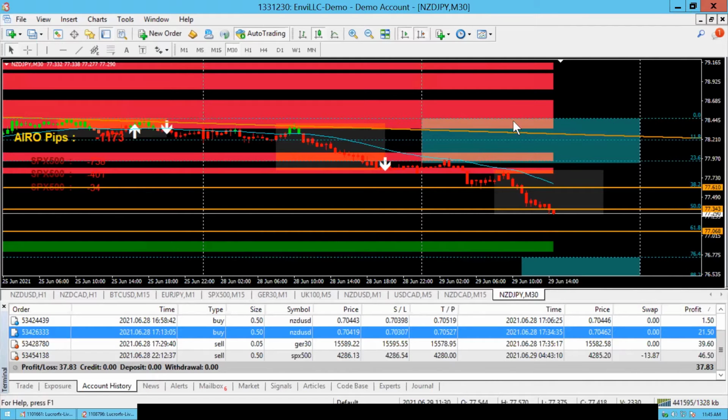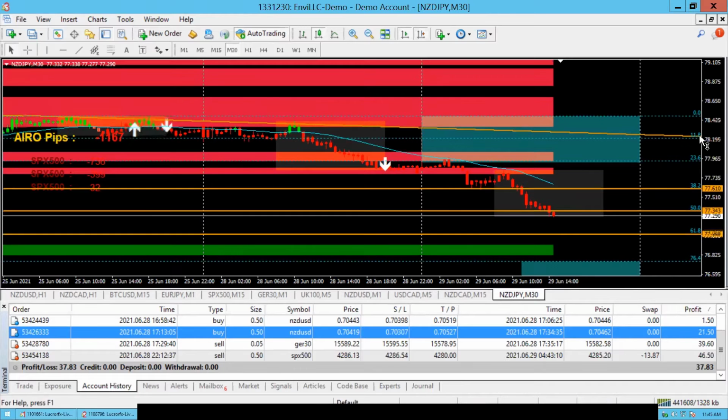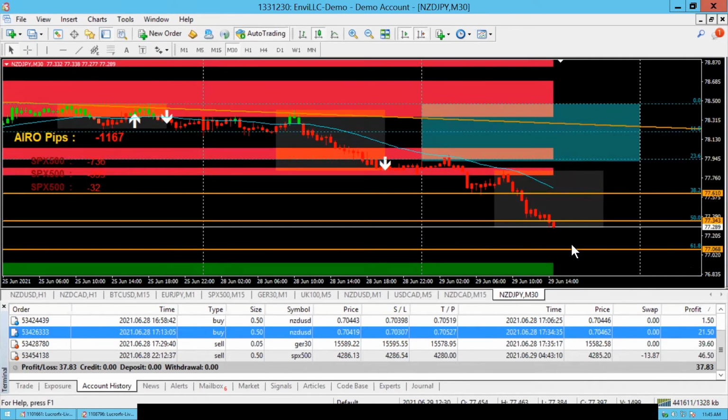Okay, so right now we have our upper zones, we have our lower zones. Now we're going to see where this thing came up here, made the high, pulled back out. It's just going flat right now, and it never really got back up into this upper 25%. But it is right now playing inside this middle third area, and we did see the break off of this, and this is